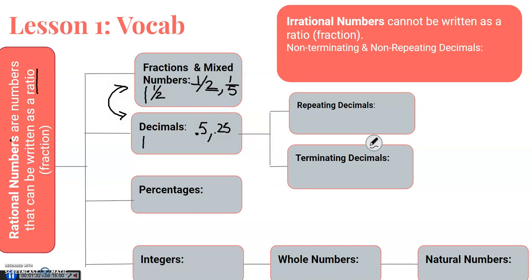Okay, so we could also write 1.5, and that would also be considered a decimal. Percentages include 50%, 0.5%, and then integers can be negative or positive. So our whole numbers,